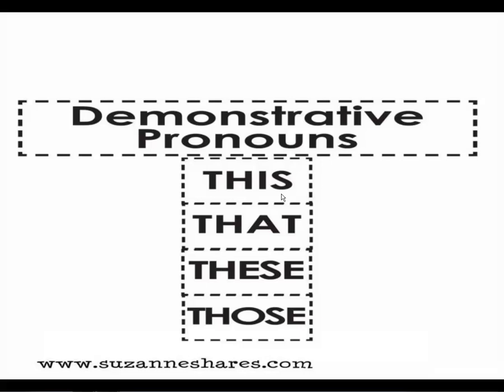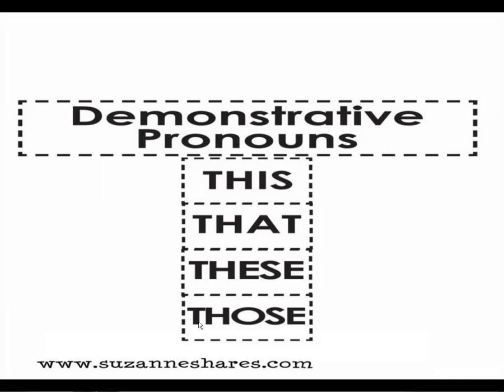Okay? So we use words such as this, that, these, and those to show which person or thing we are referring to. Getting it? For example, this and that. If I'm saying this is your classroom, right, where you have to go and sit, I am pointing out something which is near to me and it is singular. So there I will use this. This is your bag. This is your new classmate, right? Or she is your new classmate, it should be, but we can use this also to refer to that.